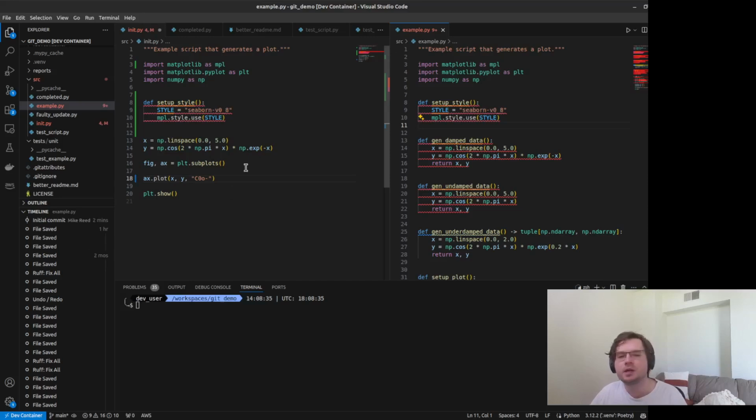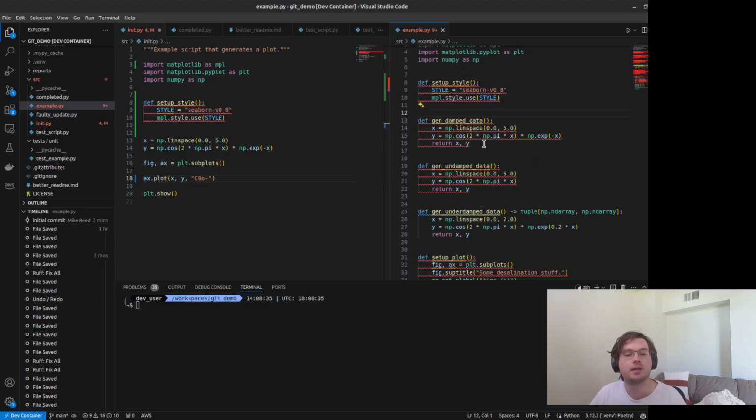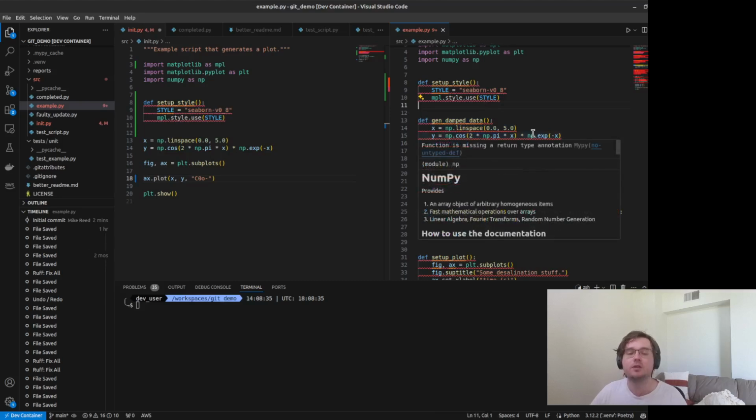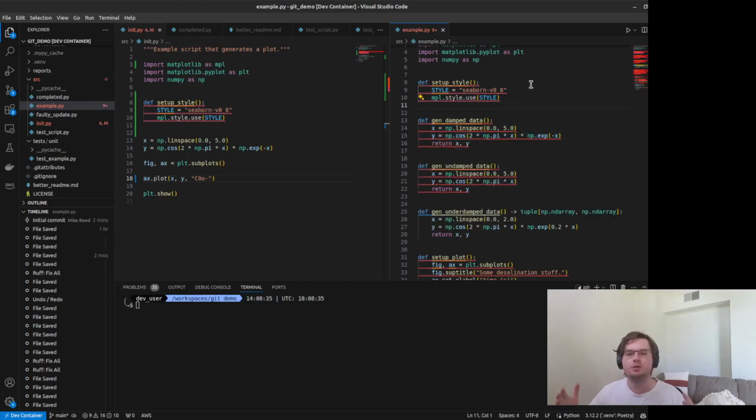So tracking the changes means that maybe someone adds this new setup style, but someone else at the same time is adding a new feature, and in this case it would be on a different branch, which we'll cover later. So one of the changes would be adding this, and one of the changes would be adding this. If you then need to decide in the future, okay, we now want to combine our changes, normally you'd have to manually go through, see what's changed, and copy and paste things in. But Git can see that you've both made an addition to this file, for example, and it would apply those changes together to give you something that has both of them at the same time.